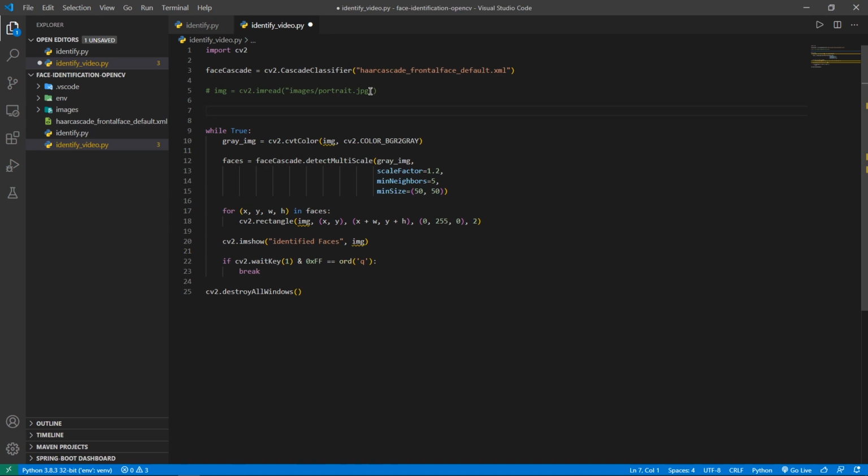So you might have already known that a video is nothing but a series of frames or images. So if you want to apply this face identification to the video, you just have to capture that particular frame and try to use that and read the face inside that image and show it to the user. And you have to continuously do it for each and every frame. So first we are going to initialize the video camera. So the way that you do that is something like this.